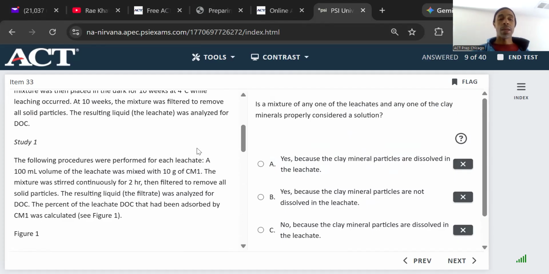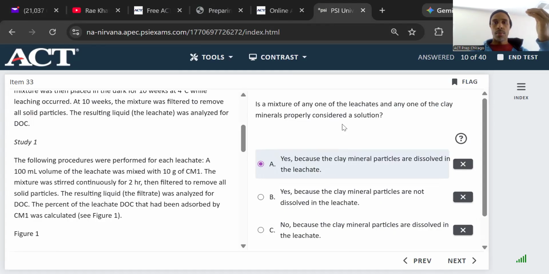I guess you would say it dissolved because if it absorbs some of the... if the leachate absorbed the clay minerals, then it would have dissolved in it. So yes, because the clay mineral particles are dissolved in leachate is what I would say, right? Because it says the clay mineral particles are dissolved. Wait, are they dissolved in the leachate? No, the clay mineral particles, they dissolve. No,